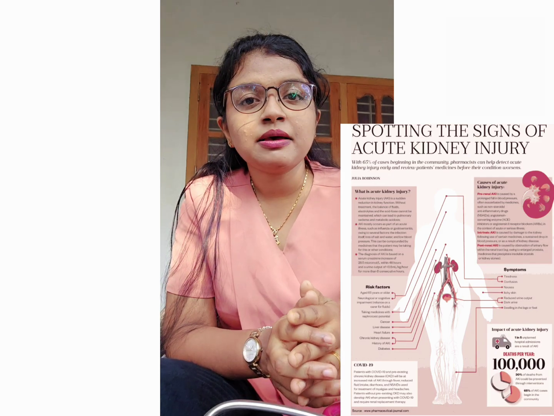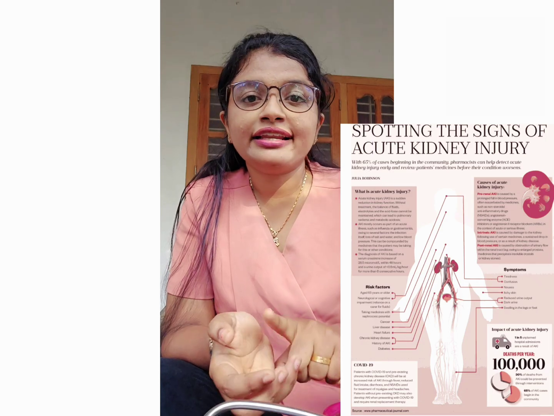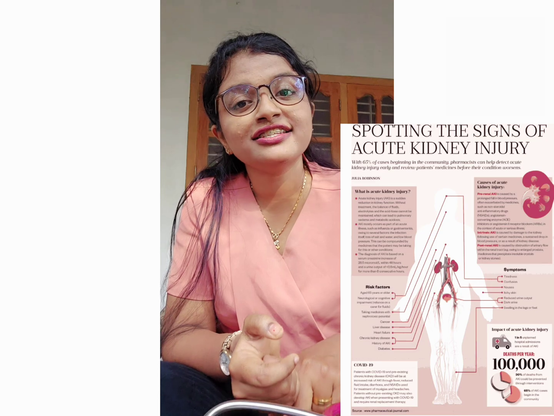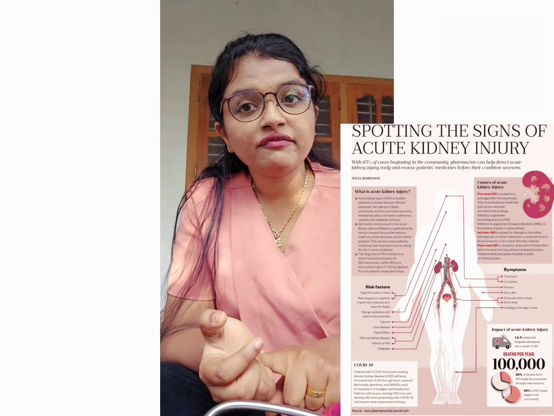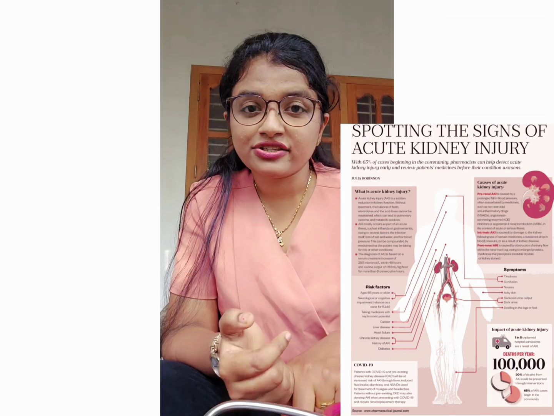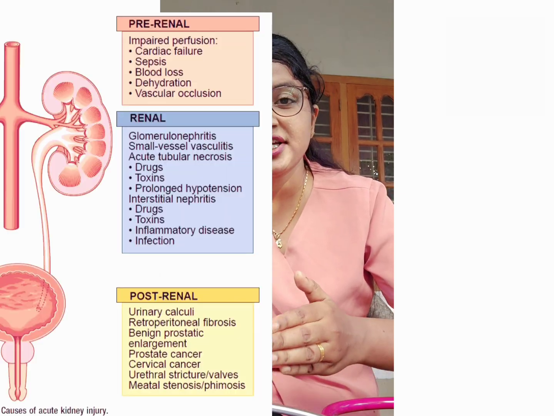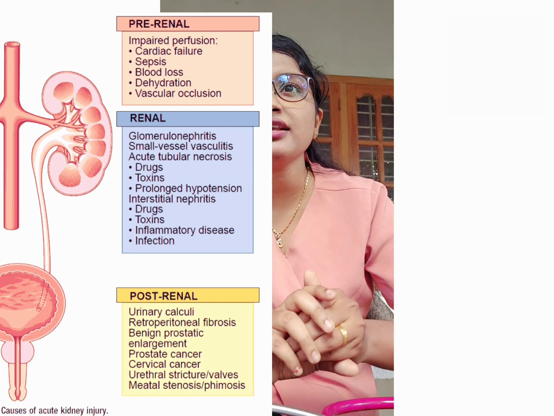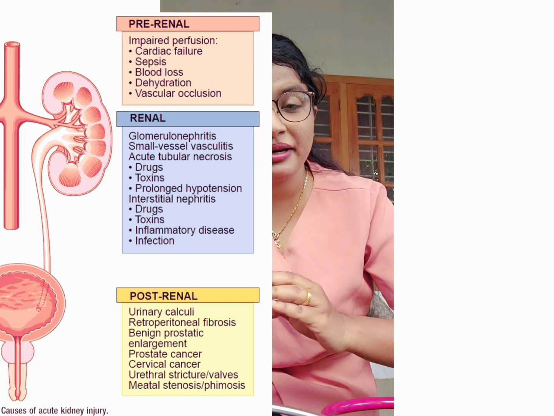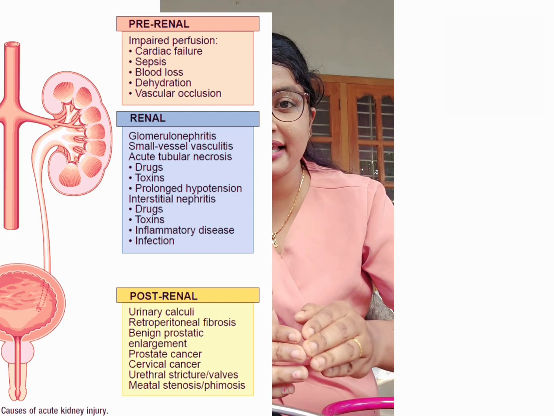Basically, in these pre-renal causes, BUN levels and creatinine levels will be highly elevated. BUN levels are so elevated that it leads to an increased BUN to creatinine ratio also. Urine sodium will be less than 20 and fractional excretion of sodium will be less than 1% in case of pre-renal causes. Urine osmolarity will be more than 500. That can be one of the differentiating features that help you to differentiate the cause of ARF. So this pre-renal cause and the post-renal cause, which will be discussed next, can be treated basically by treating the